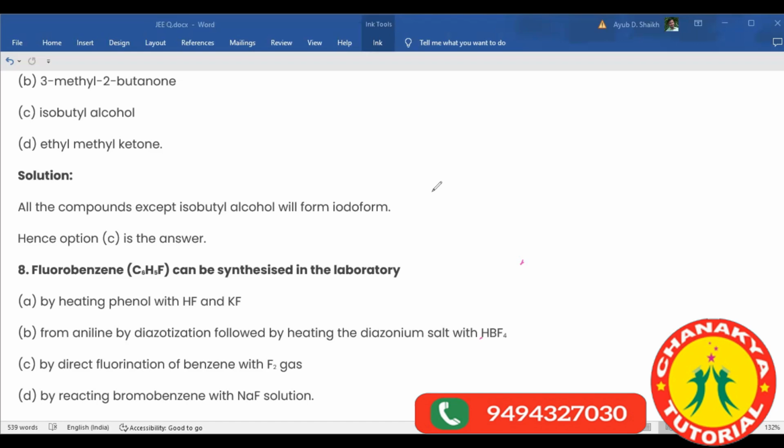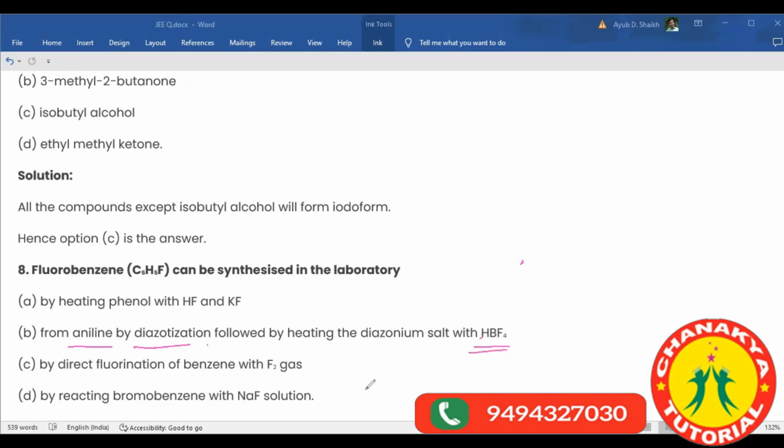Then the next option they have given, direct fluorination of benzene with F2. It is highly impossible. Direct is not possible. Reacting bromobenzene with NaF solution is also not possible because fluorine is electronegative and your bromobenzene is also electronegative, so negative repulsion would be there. So what has remained? That is the diazotization reaction. So you have to take a primary amine, that is aniline. You have to undergo diazotization, and whatever N2 positively charged ion you get, you can remove easily with